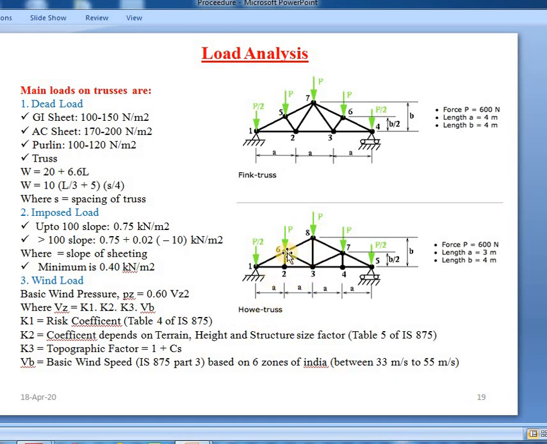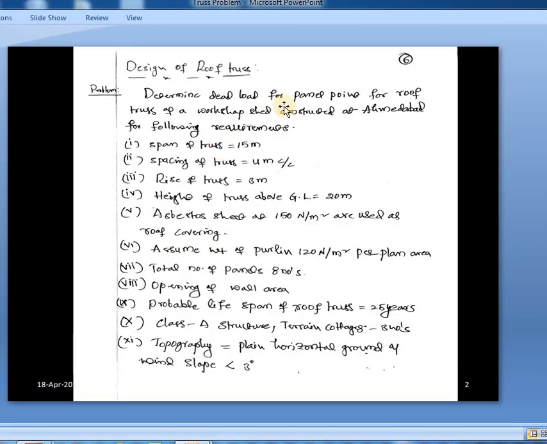Now for the truss, this is the compression member and this is the tension member. Based on whether it is a compression member or tension member, we will design as per the tension member and compression member design procedures. Before designing these members, we should know how much load is acting from here. After knowing how much load is acting from here, then you can easily design this. So very simple.